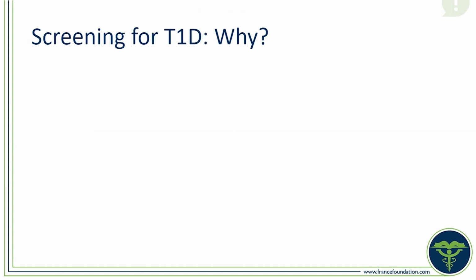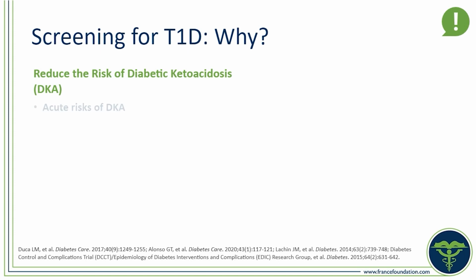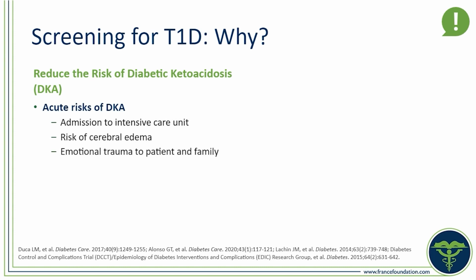Why do we screen for type 1 diabetes? We have 3 reasons. We want to reduce the risk for diabetic ketoacidosis. Acute risks of DKA are admission to intensive care unit, risk of cerebral edema, emotional trauma to patient and family,